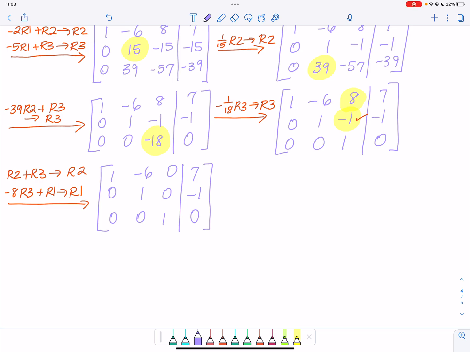So finally, we just have this negative 6 that we need to work on. And that's not too difficult. All we have to do is multiply row 2 by 6 and add that to row 1. And then we'll replace row 1 with that. So row 2 and row 3 are unchanged,